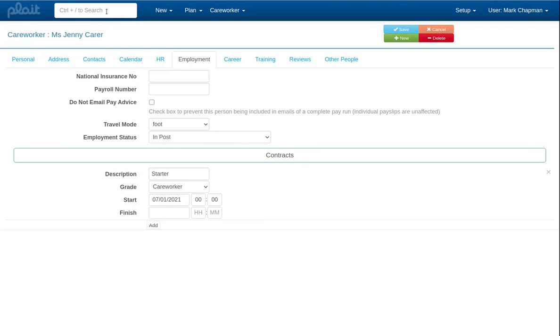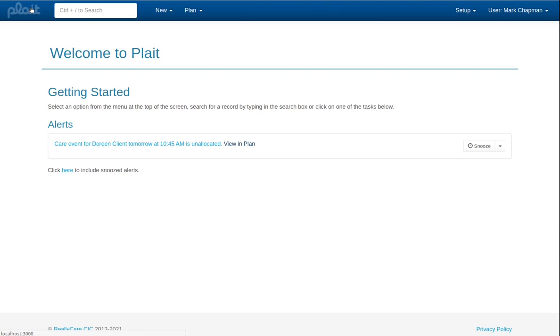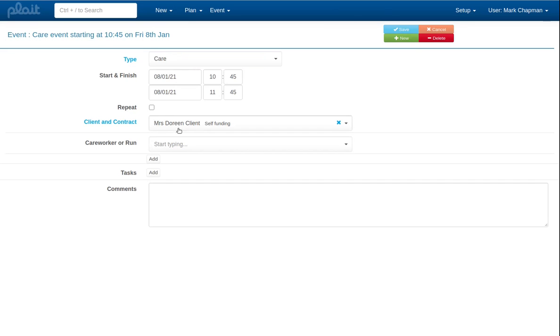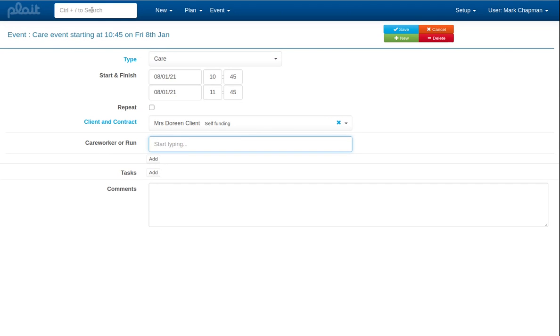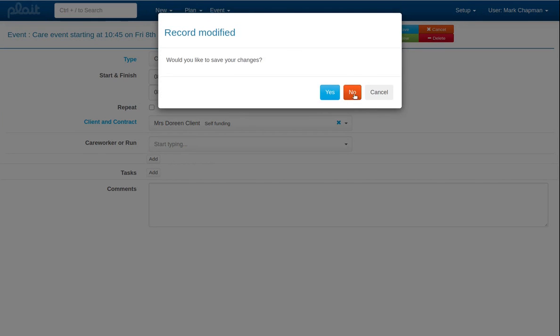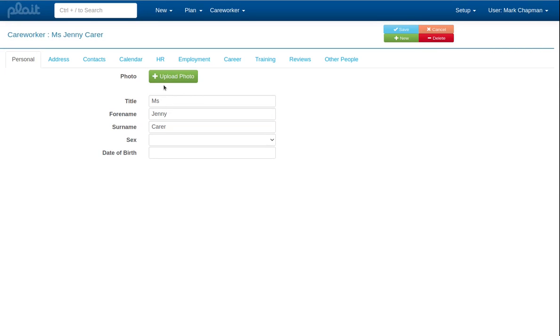So if I save that and go back to, actually, let's go to the home page, and we'll see that we've got an upcoming care event that's unallocated, as you'd expect. So I'll click on that, and that'll take us to the sort of form view of the booking, and I can see who I can allocate it to. And it's saying I can't allocate it to anyone, and I remember why that is. That's because I have not yet given my care worker any availability. So I'll just go back and do that,